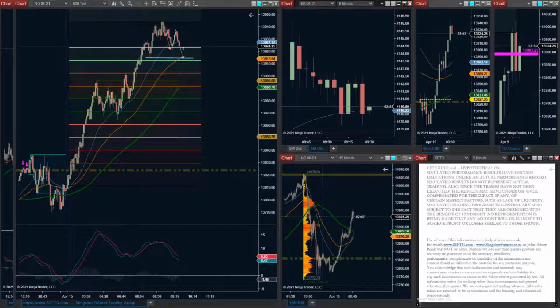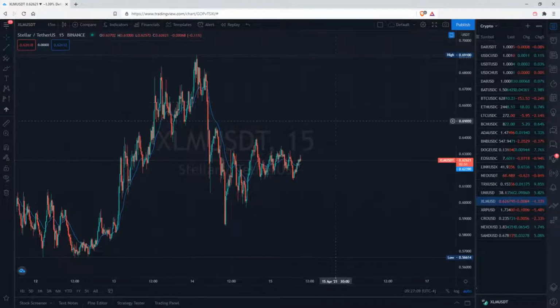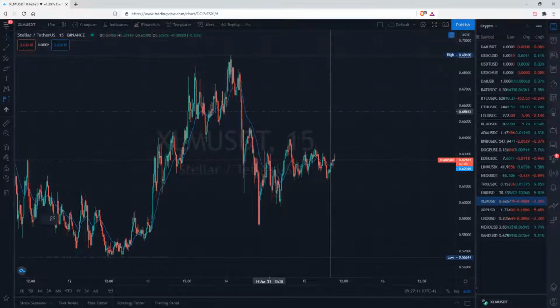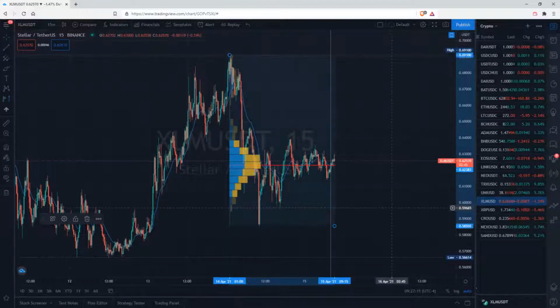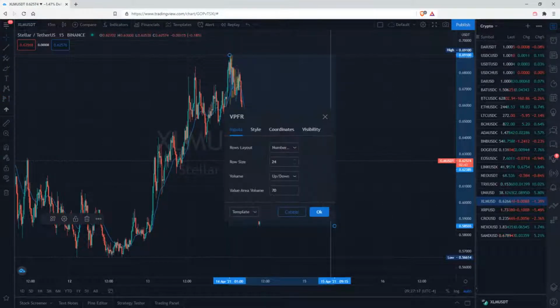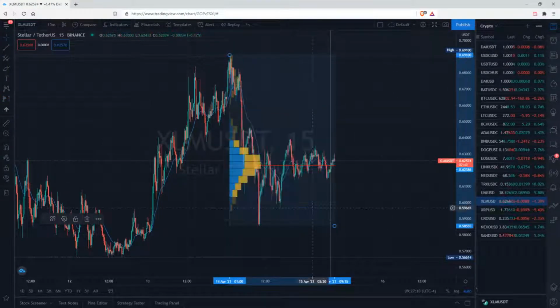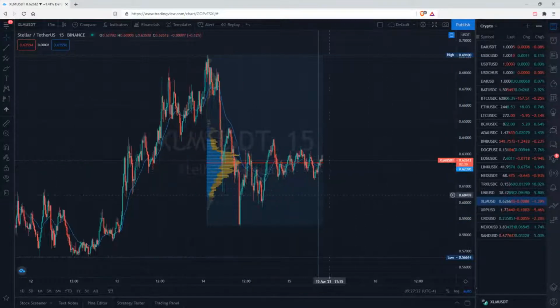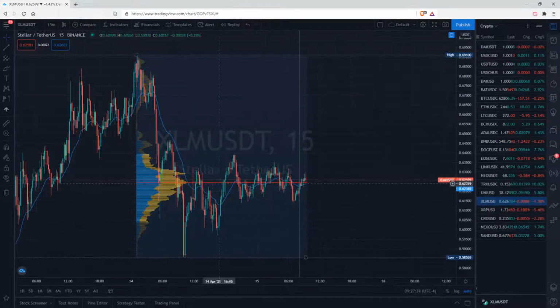Lumens, I mean, that looks really, really nice. Narrowing into like a 15-minute chart, since we've still got a little bit of time and the markets aren't doing anything. Looking from the top down. Oh, that looks so nice. Whoo, lordy. So we've got a total volume shift, and the POC is underneath price now.